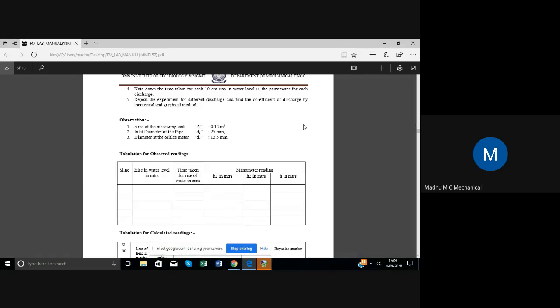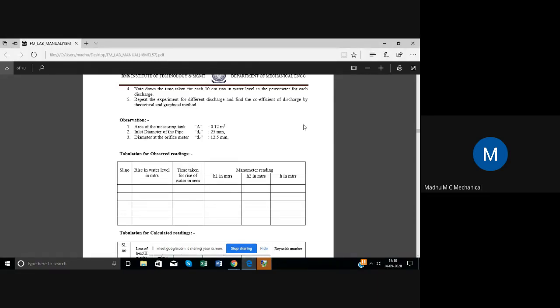Then do the calculation, put your signature, USN number, and name, and upload it in the Google Classroom, where I am going to evaluate every class. I'm going to share that Google Classroom code in the 5th semester group. After this, there will be a short quiz which you'll have to answer and post.